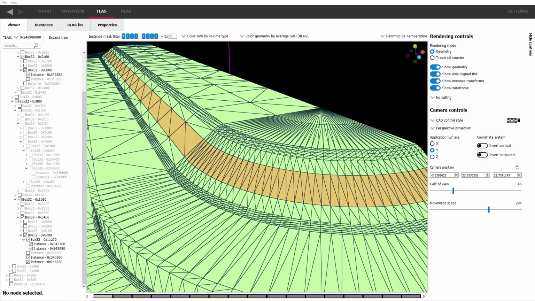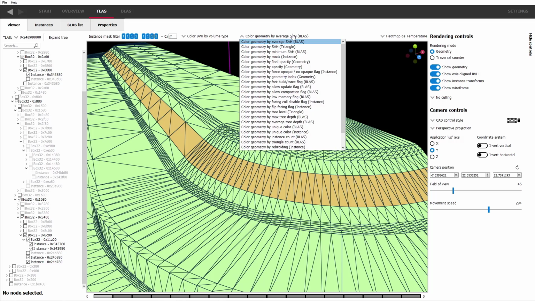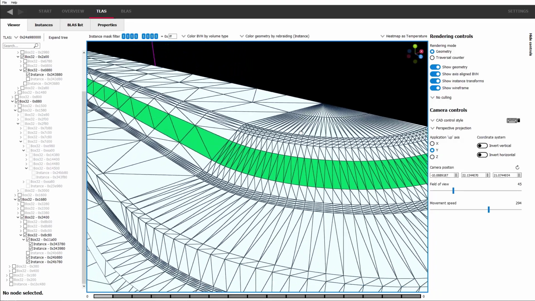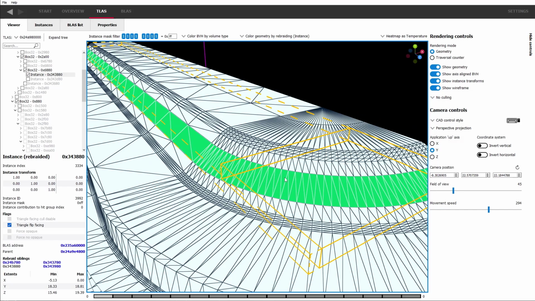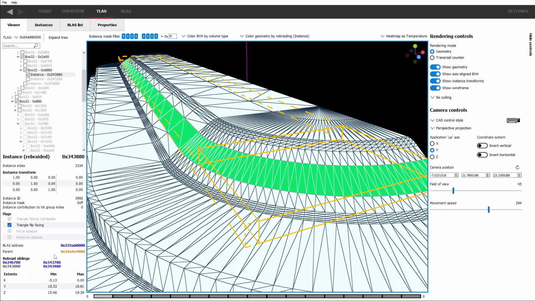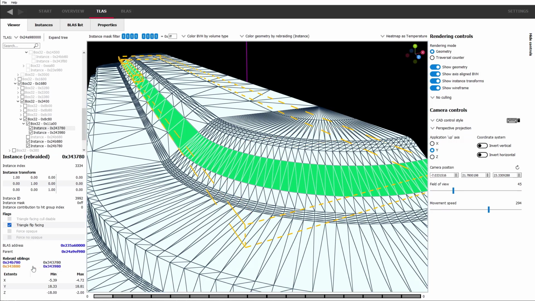As part of the 1.1 update to RRA, we have provided some features to discover and understand how re-rating was used in your acceleration structures. To start with, using the geometry coloring modes, you can switch to color geometry by re-rating. This will highlight the re-rated instances in the TLAS viewer. You can then select the re-rated instances. When you select them, the node information panel on the left will show the re-rate siblings. You can select each sibling from here to navigate around instead of selecting them through the 3D viewer.